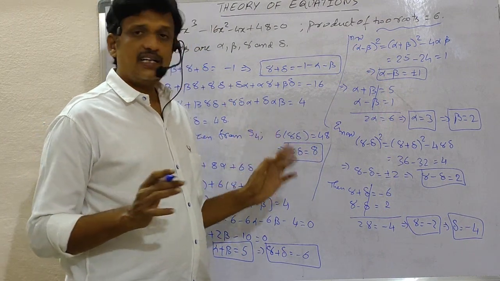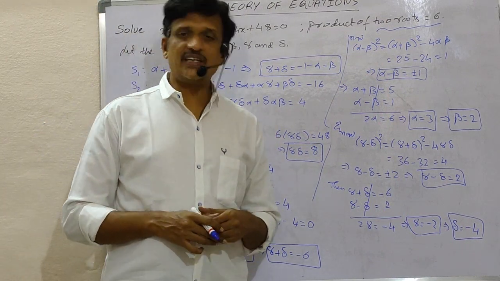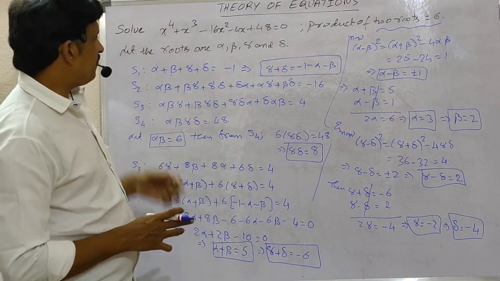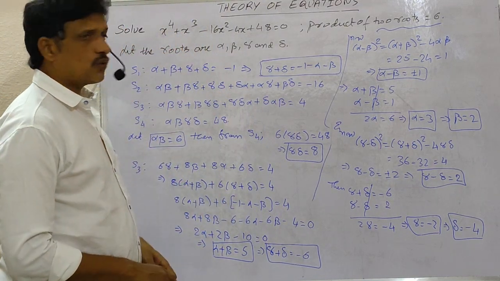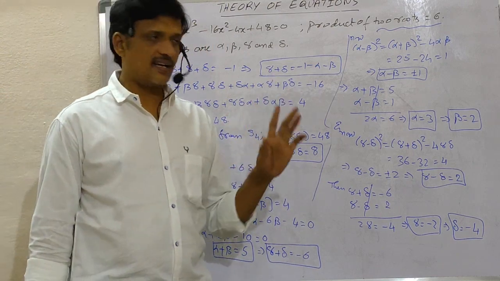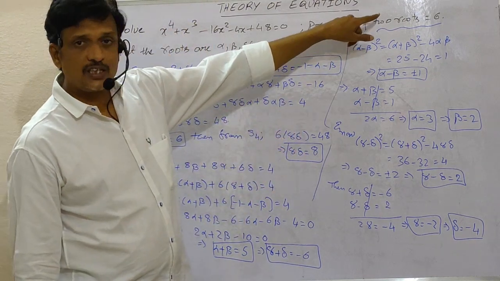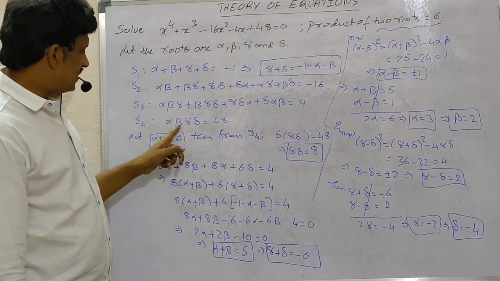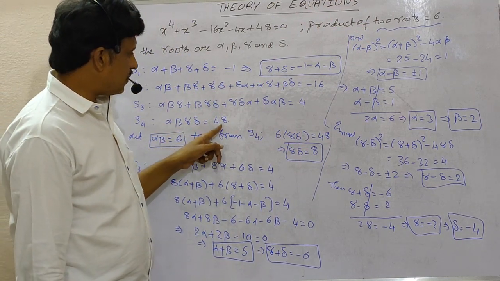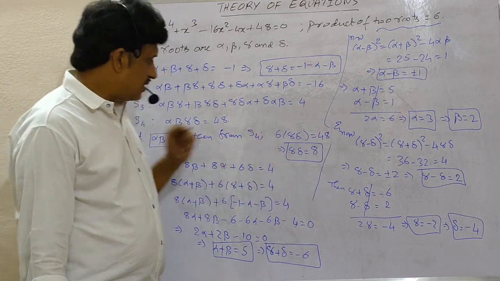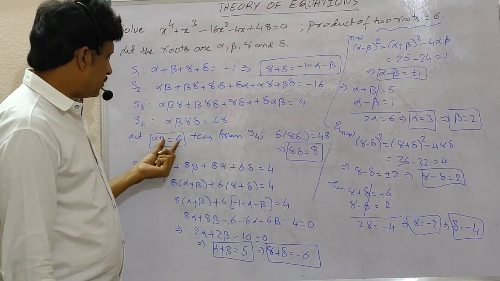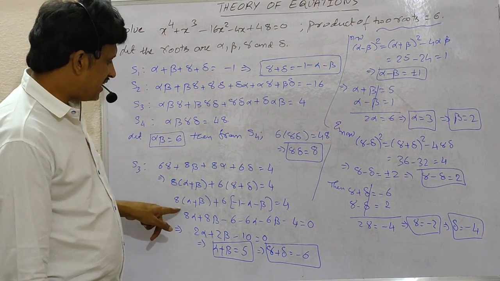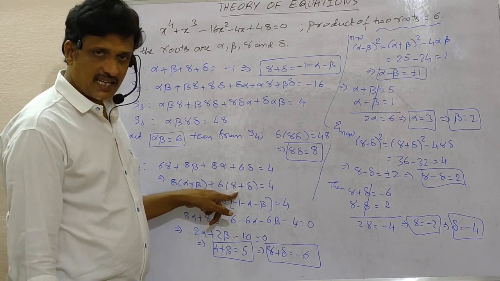So these are the required roots of the given polynomial equation, where the given fourth degree polynomial equation has 4 roots, alpha, beta, gamma and delta. It is given that product of the two roots is 6, so let us suppose that alpha into beta is 6. Then from S4 you are getting gamma into delta is equal to 8. Now if you write these two values of alpha beta and gamma delta in S3, you are getting a relation in alpha plus beta and gamma plus delta.